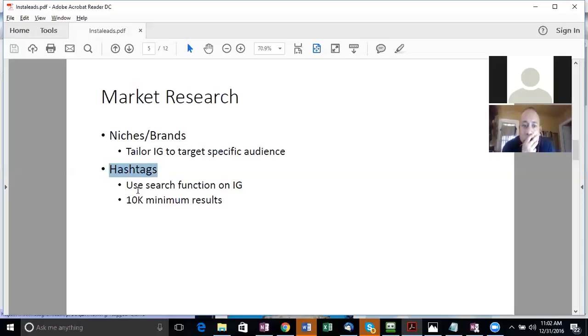So hashtags, we already covered that. About this, use the search function on Instagram, the little bar that we saw on top, to research some of those accounts. It says 10K minimum results, but obviously local businesses and local towns may not have this type of results. So you make a choice about what will work better. Either go with the city or town that is bigger or smaller, or just search by